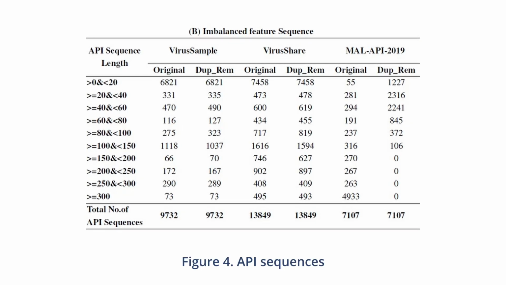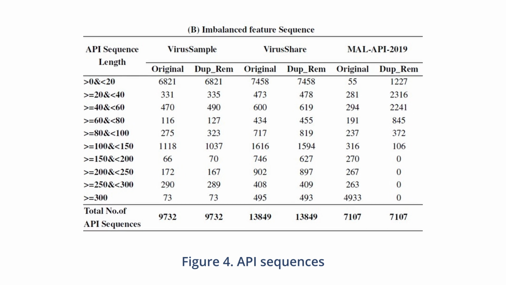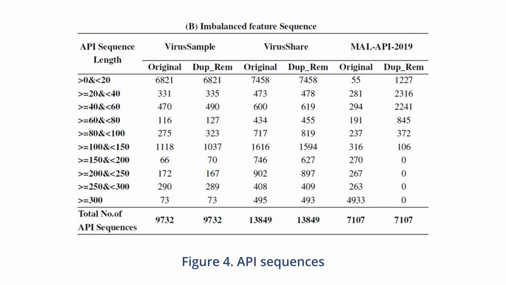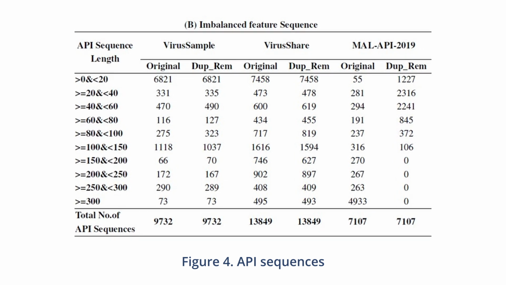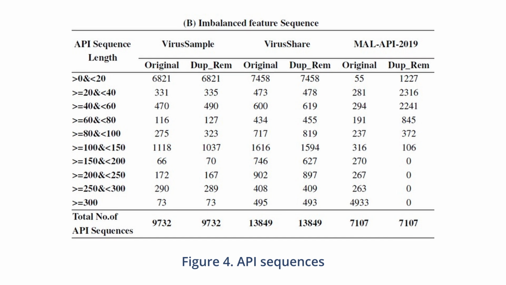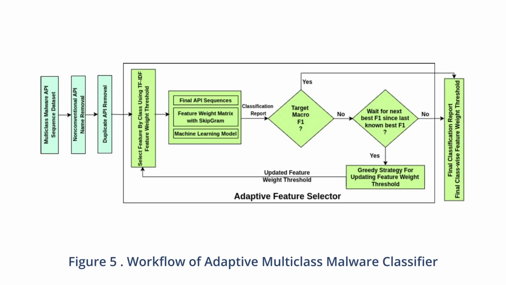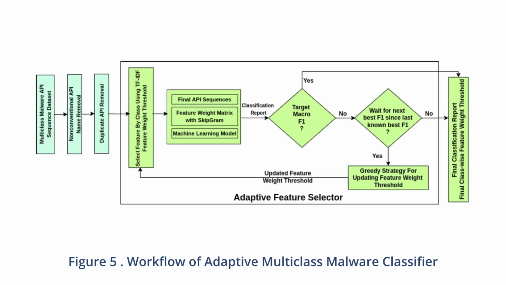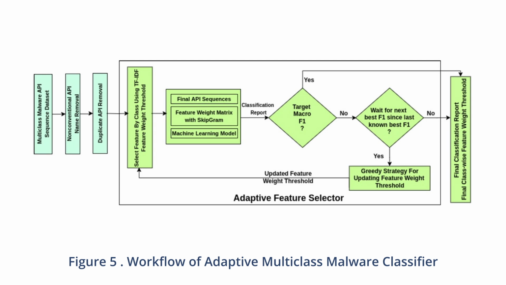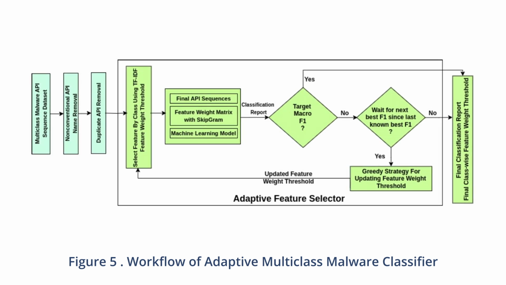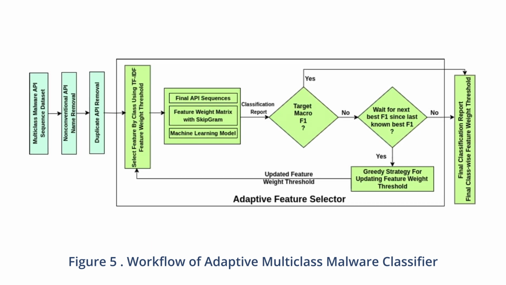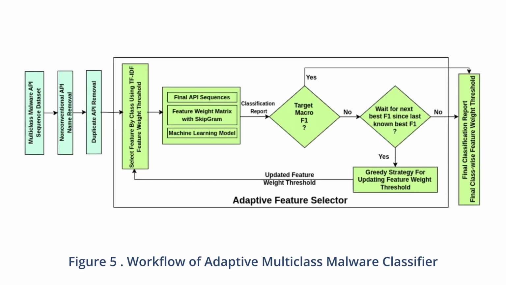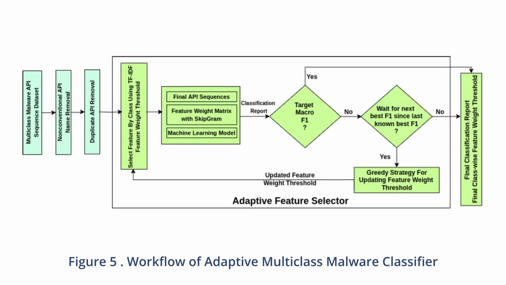A careful observation of API sequences reveals that specific APIs are getting repeated. This makes the API sequences quite lengthy, and this can be referred to as a horizontally unbalanced API sequence. Now, during our work, we have addressed this problem. We have suggested a methodology named adaptive feature selection, which reduces the API sequence length and makes it useful to explore the semantic relationship between APIs, which can contribute towards classifying malwares.